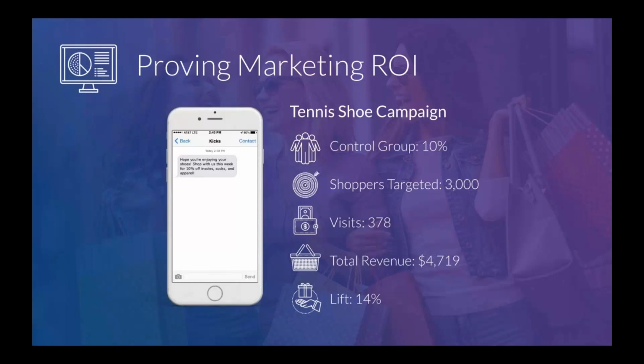If we set a 10% control group, 300 of these shoppers will receive no promotion or incentive to make a purchase. The reporting will then calculate how much the recipient of the marketing content spent versus the control group. In this example, we see that the marketing increased your revenue by 14% when compared to the control group.